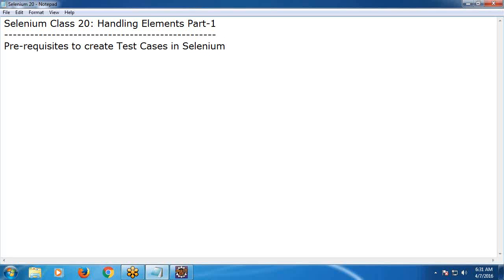Okay, Selenium WebDriver. Selenium IDE test case syntax is different. Just a minute. Prerequisites to create test cases in Selenium WebDriver. First one,